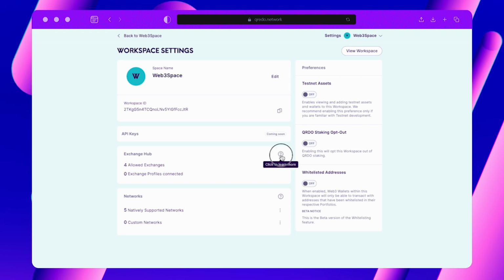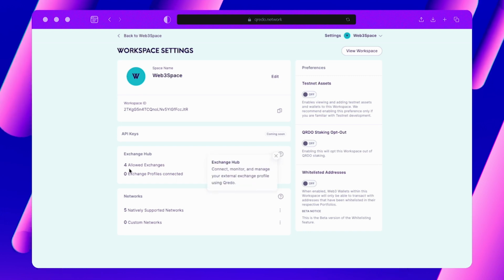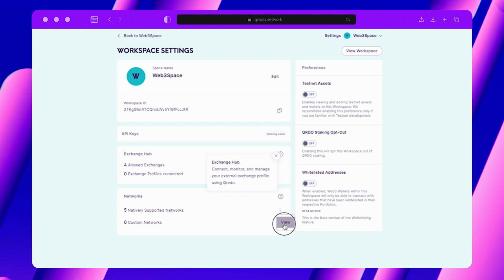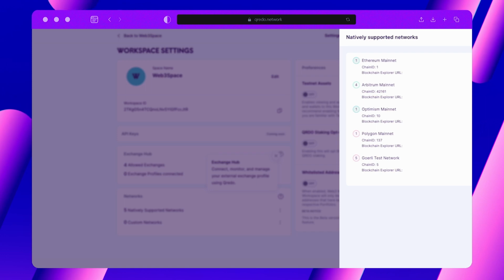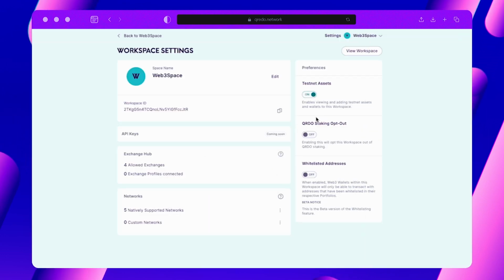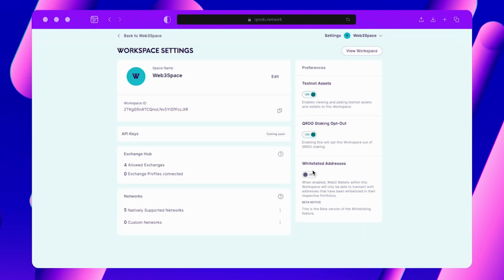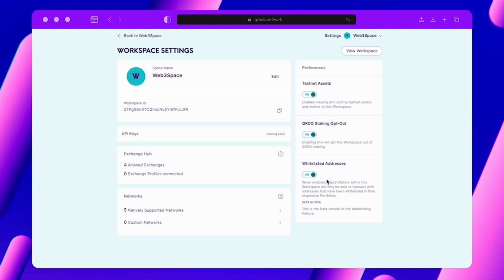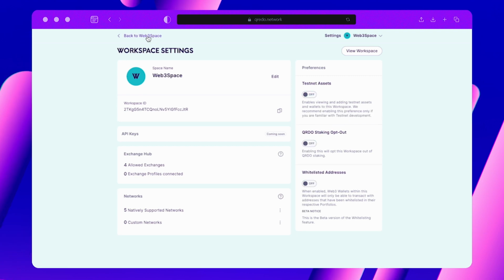Review and monitor your external Exchange profile connected to your workspace. Review the default networks added to your workspace and add custom networks to your MetaMask Institutional and Wallet Connect wallets. You can enable testnet assets for development purposes, keep your workspace out of Qredo staking, and enable whitelist addresses for Web3 wallets. Now that we've familiarized ourselves with the workspace and profile settings, it's time to return to your workspace